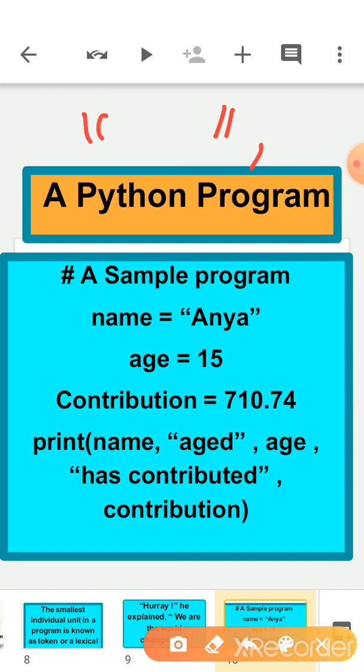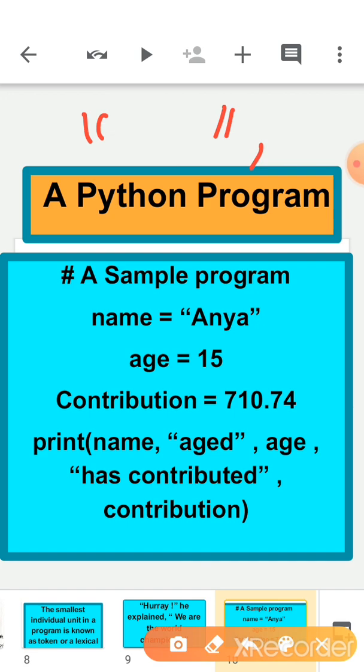In the previous passage, the individual words and punctuation marks are called tokens, or lexical units, or lexical elements. In Python, the smallest individual unit in a program is known as a token or lexical unit.